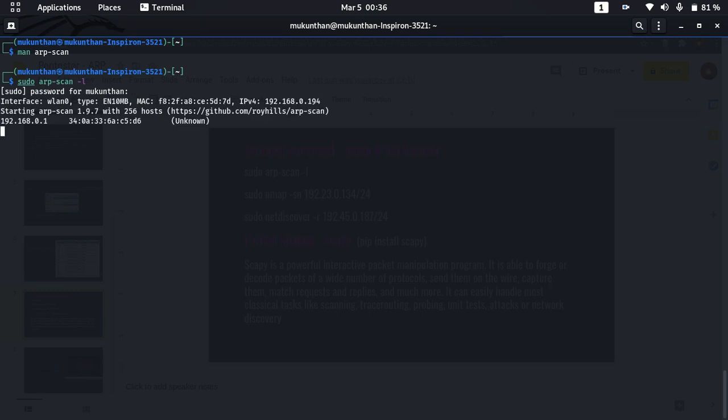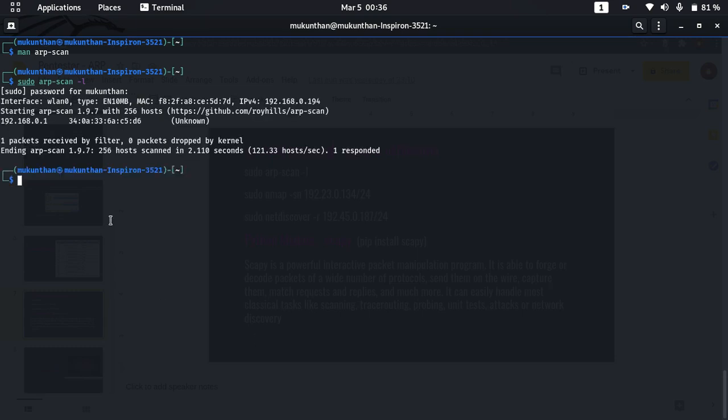Now you can see the scanning has started, and you got the reply for only one IP address, and it has the MAC address of this device. Your IP address will be shown here, and your MAC address will be shown here. As we discussed earlier, the first three parts will remain the same for all the devices. Even the device which replied has the same first three parts, and only the last part will vary from device to device. So this is the first way, and the second way will be nmap.